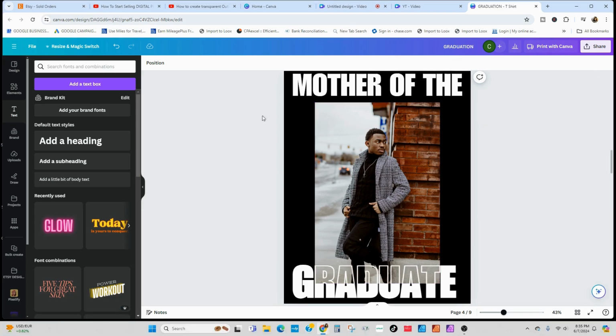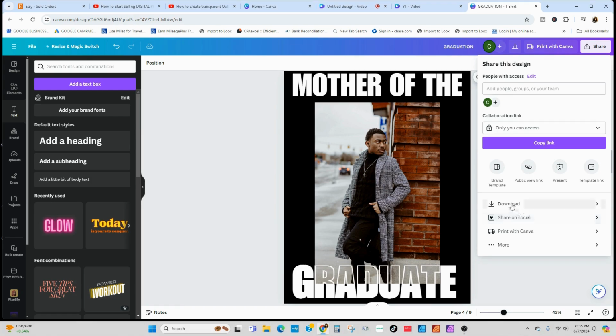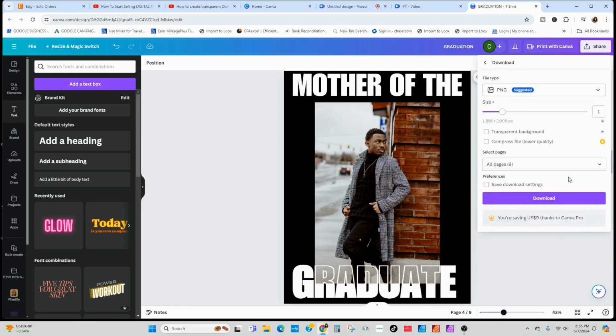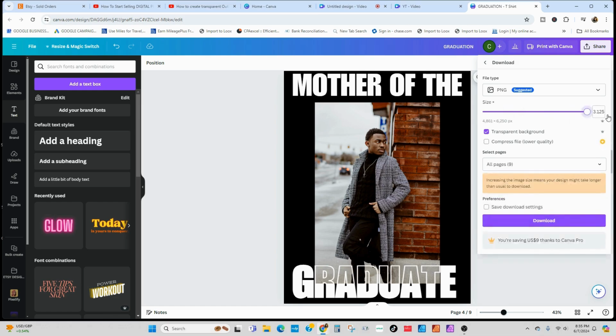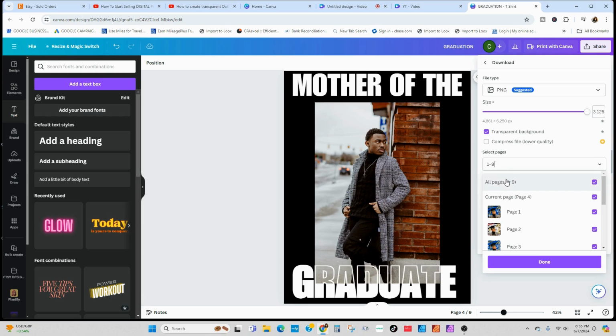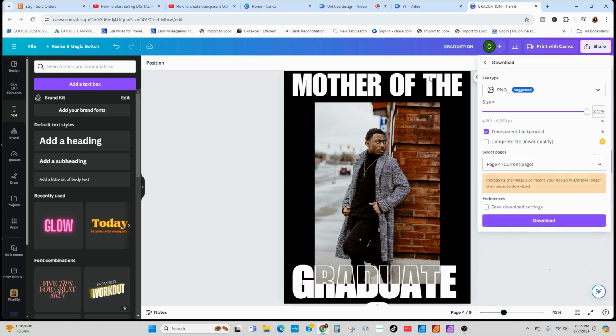But I'm gonna share for those of you that don't really understand how Canva works. You go to share here, you click on download, and you go to transparent background because you want it to be in transparent background. And if you want to make your quality really high, you can increase this all the way, and you just make sure you have the image that you want. So I'm going to click on current page, which is page 4. I'm going to click OK, and I'm going to click on download,